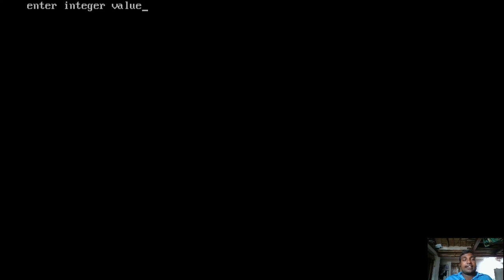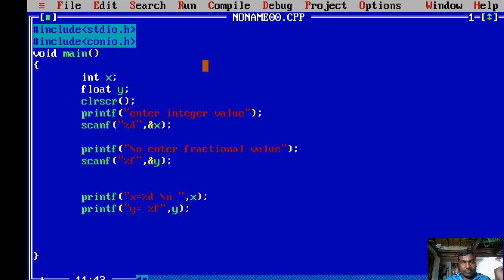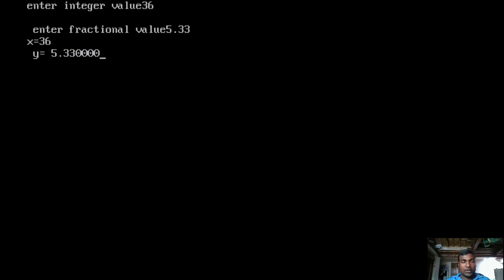Now it says enter integer value, the cursor is blinking. What does it indicate? It is asking for some input from the user to enter an integer value. So I am entering 36. Enter some fractional value, 5.33. Now Alt F5, output: x equals 36 and y equals 5.33 and four zeros, right?